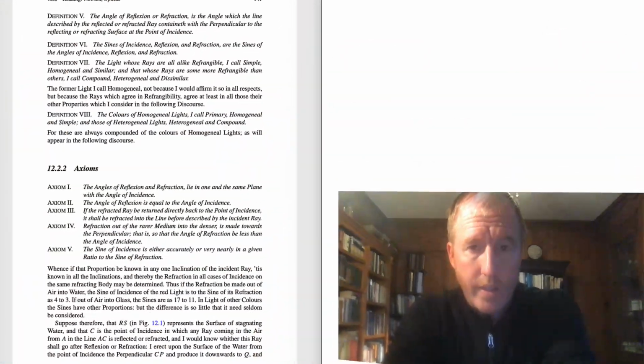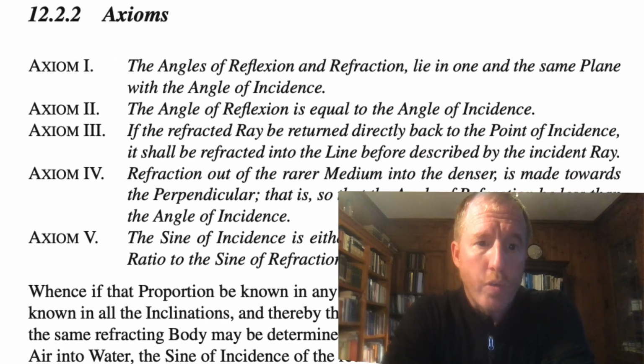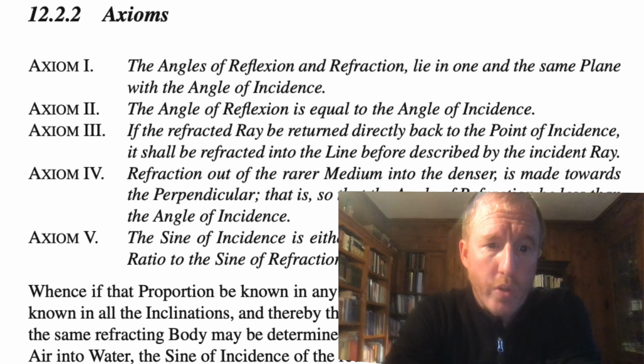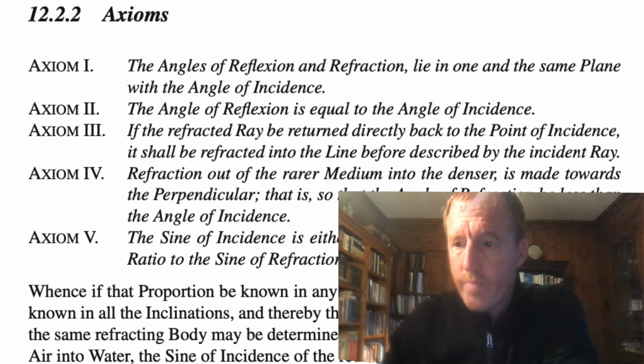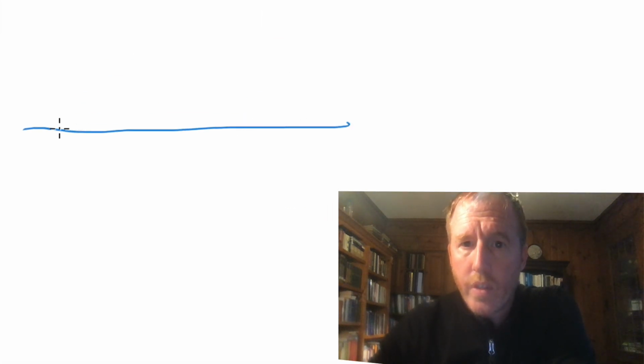I'll first read it and then I'll make sure to explain it. He says, if the refracted ray be returned directly back to the point of incidence, it shall be refracted into the line before described by the incident ray. So what does he mean by this? Let's consider a surface like this,